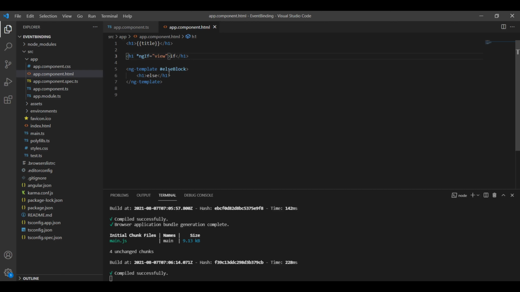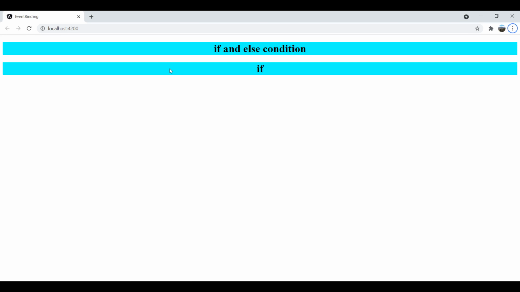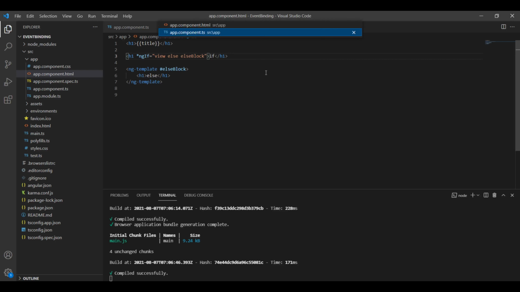For that I will call this else block in our ngIf statement like this: if ngIf is true, then this should be executed. If not, then we will call else, and we will call this else block id here, else block, and save it. Let's see what's the output. As of now you can see it's if, because the value for view is true.